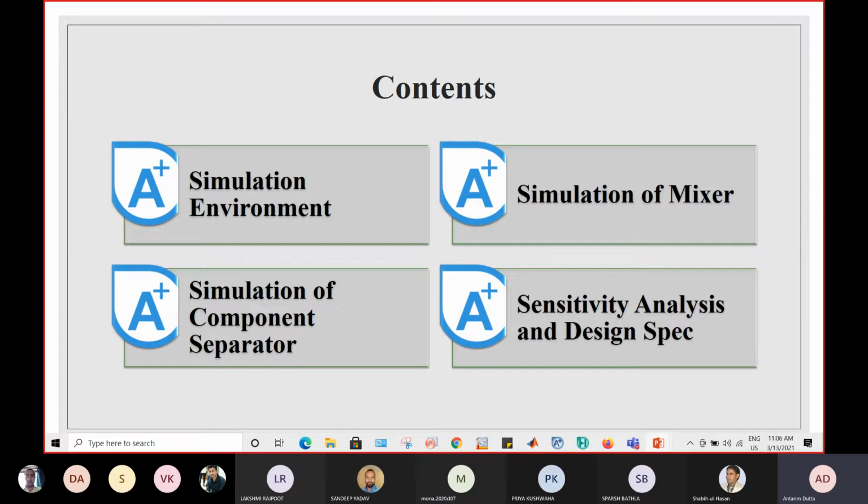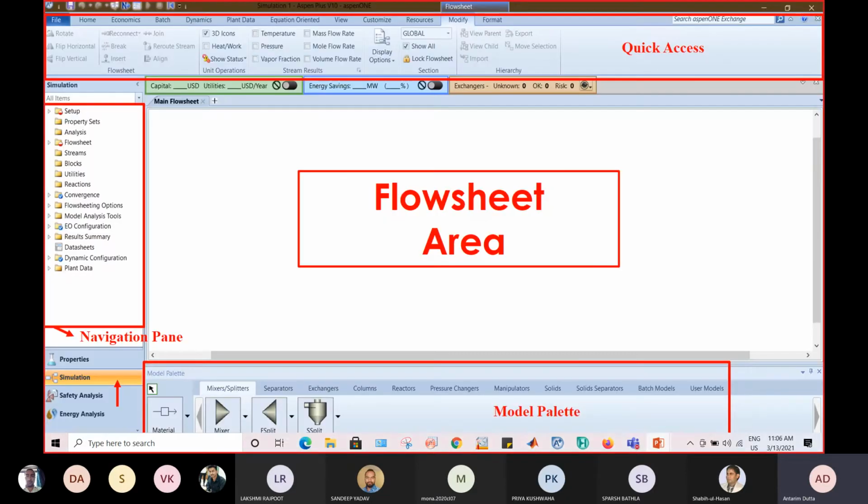Moving ahead with the simulation environment, as it has already been taught to you about the property analysis environment.